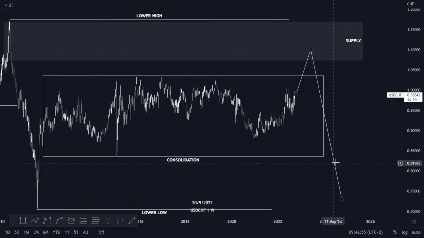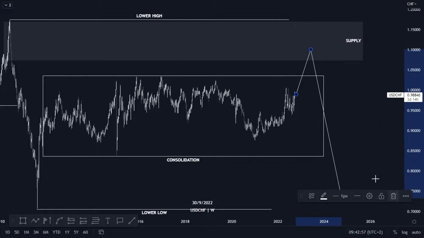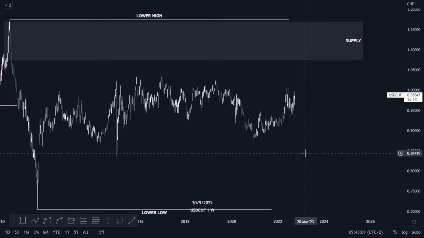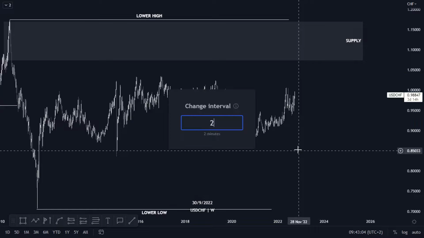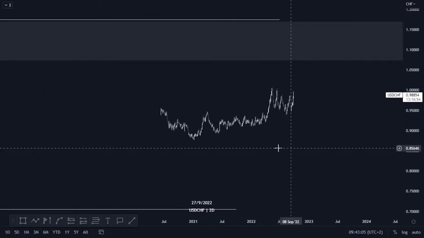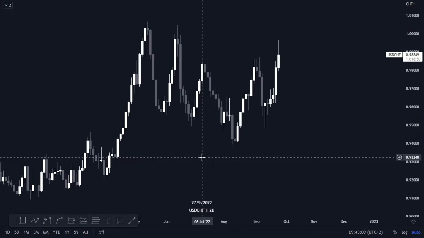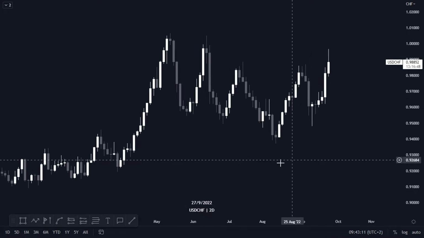Okay, that's it for the weekly chart. And now let's move on to the daily chart. Let's start with the 2-daily chart. Why am I choosing the daily chart? Because I saw that there is a beautiful